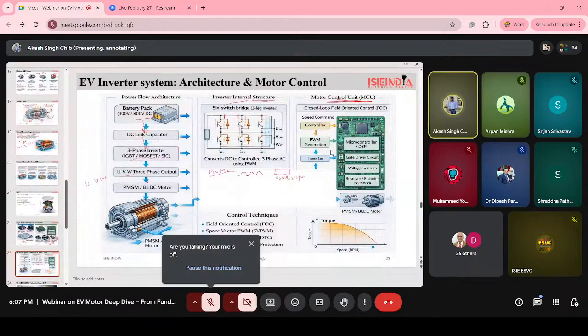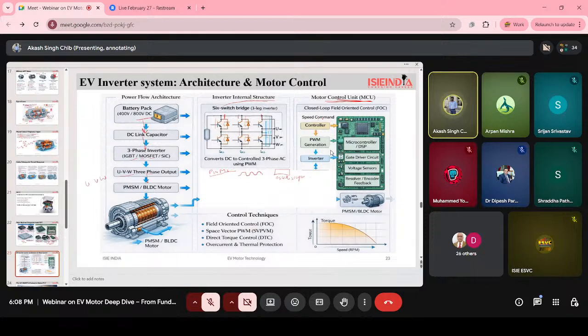Basically, here you can see step by step. We have a speed command here. Speed command to the controller. Then controller to PWM. PWM, pulse width modulation, to inverter. And then there is a microcontroller, DSP, gate driver circuit, voltage sensor, resolver. Basically microcontrollers